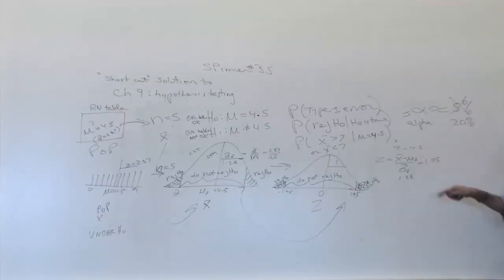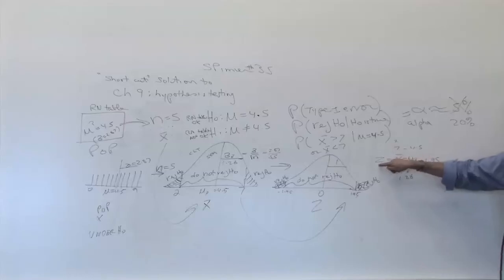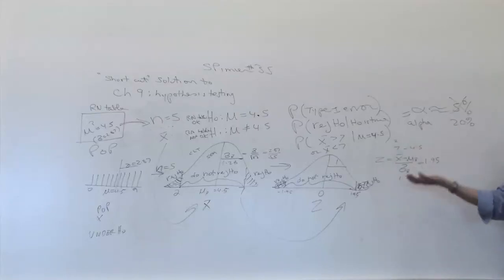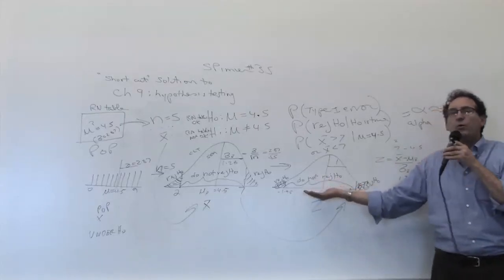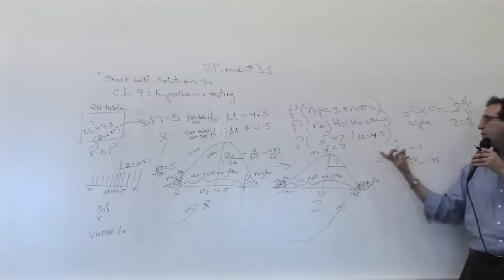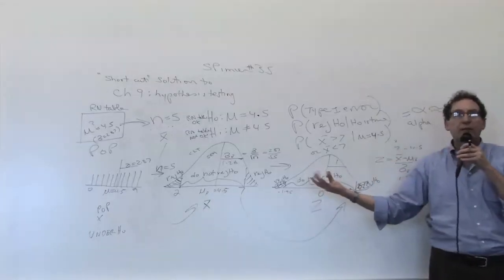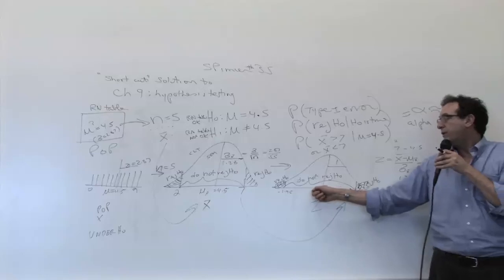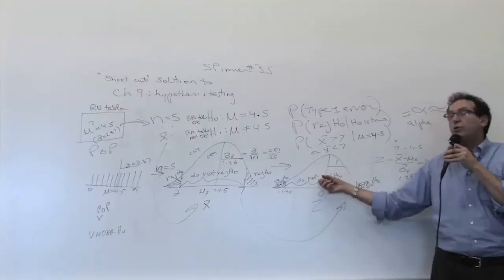You plug it into this formula. That converts the x bar to a z. You then ask, is my z a small z, meaning the x bar and the mu are close to each other, so that they're consistent with the A0? Or in other simple terms, they're close to the middle value, which is do not reject